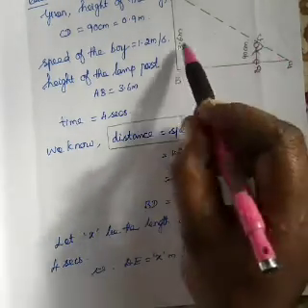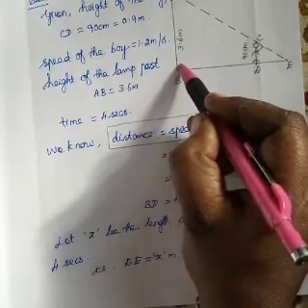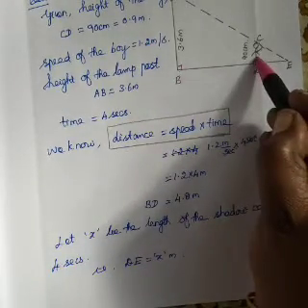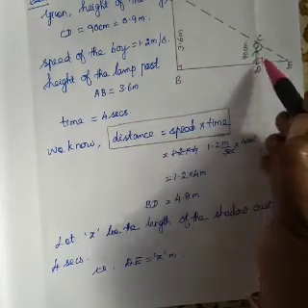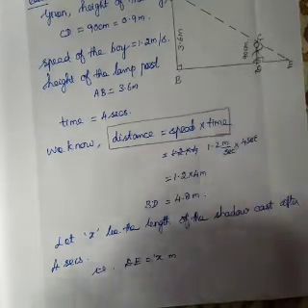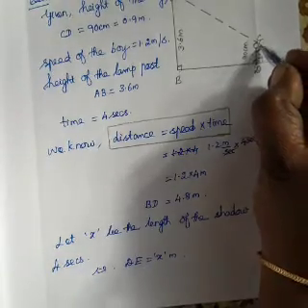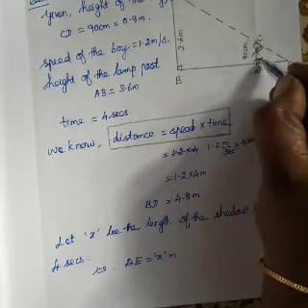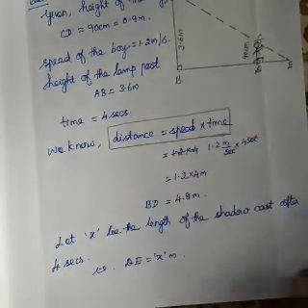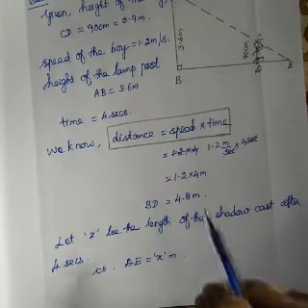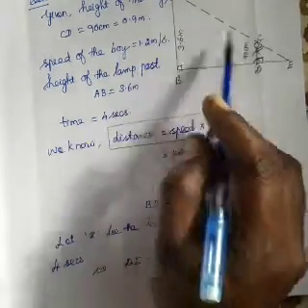Next, this lamp post is perpendicular to the ground. The same way the man is also perpendicular to the ground. Okay, so this also is equal. Here, this 90 degree is the angle. This is also an angle. So these two angles are equal and these two angles are equal.